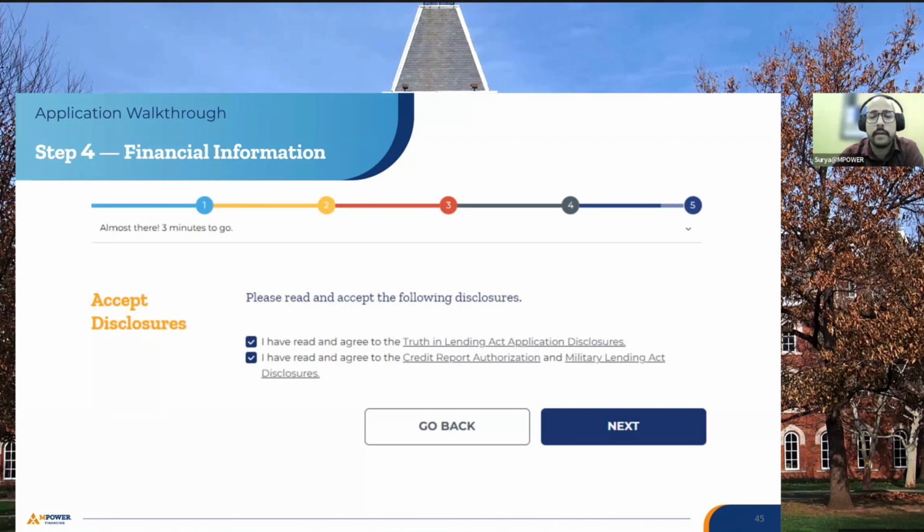If you are coming from any of the countries like India, Kenya, Ghana, and even the rest of the countries as well. Now, why it is important is that it helps us to understand your repayment behavior as a borrower. If you do not have any kind of credit history available, it's absolutely fine. It does not have any negative impact on your application. But if you do have a credit history, we would definitely like to go through it and understand how you have been as a borrower. So you would need to provide us those authorizations before we can proceed further.